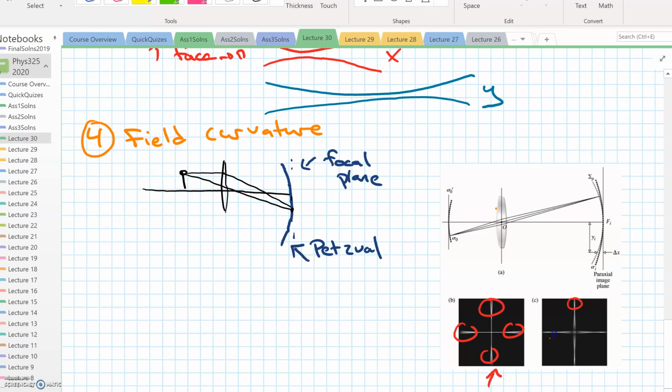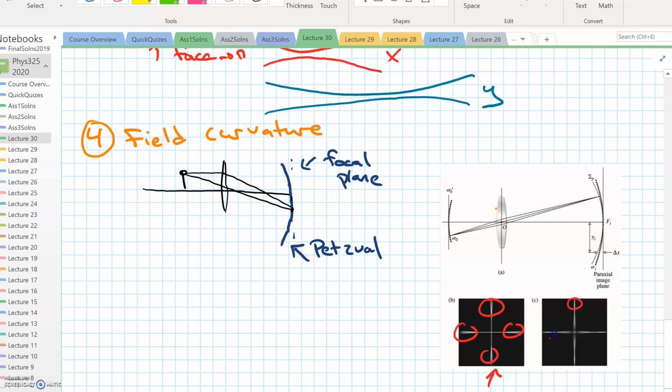A nice solution to this is to have a curved surface, and our eyes, in fact, accomplish just this. You can also have more complicated imaging systems, multi-lens imaging systems, which minimize this effect. Okay, so finally, the fifth aberration